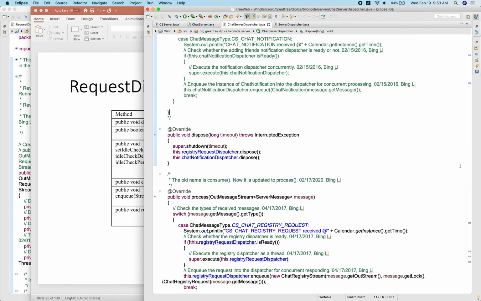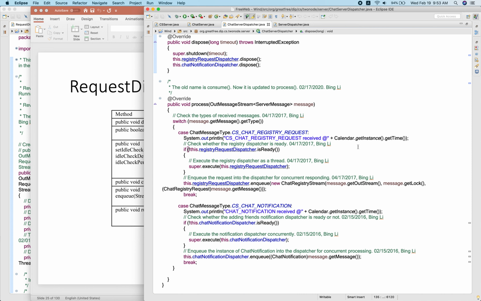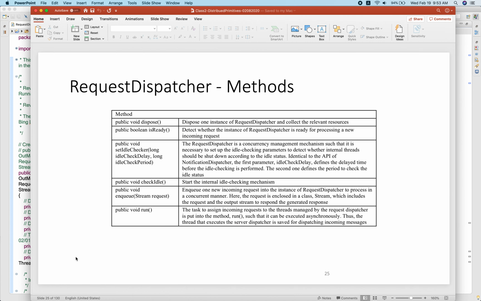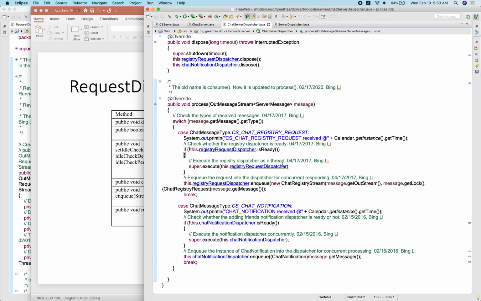We can take a look at the real code. Here, it's ready, whether this request dispatcher is ready. If it's not ready, it should be executed, because the request dispatcher itself is also a thread. So here there is a run method here. So we can execute it like a thread. That's why we can execute it, because, through this code, it's a thread, right? After the computing resources